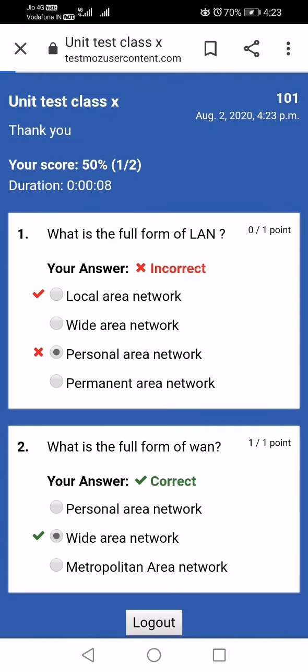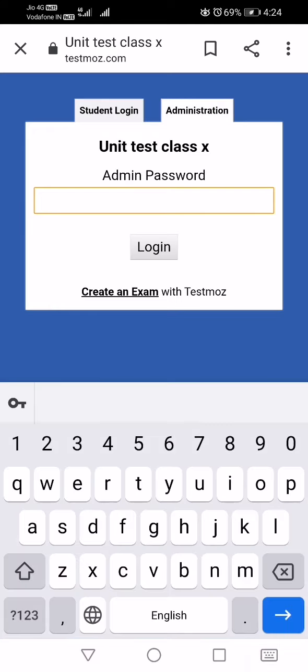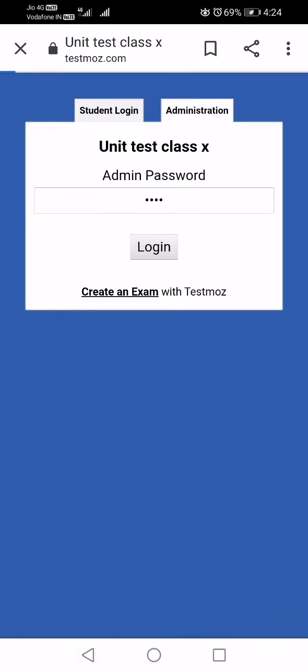Now you log out. Your student can see their results. If you are the administrator and a student says ma'am or sir, please I need more time, then go to the administration point and just write your password again and enter here.